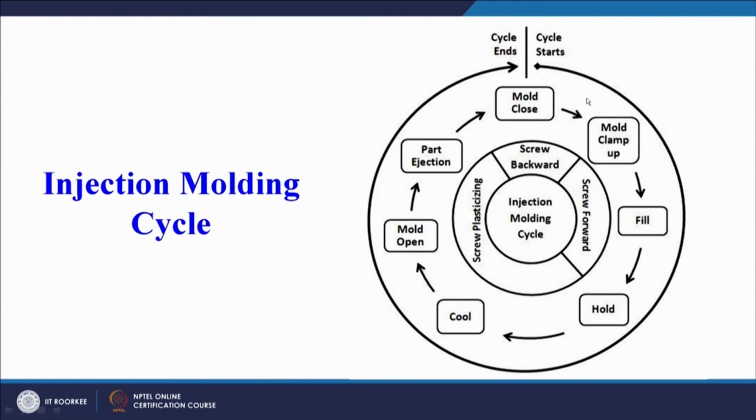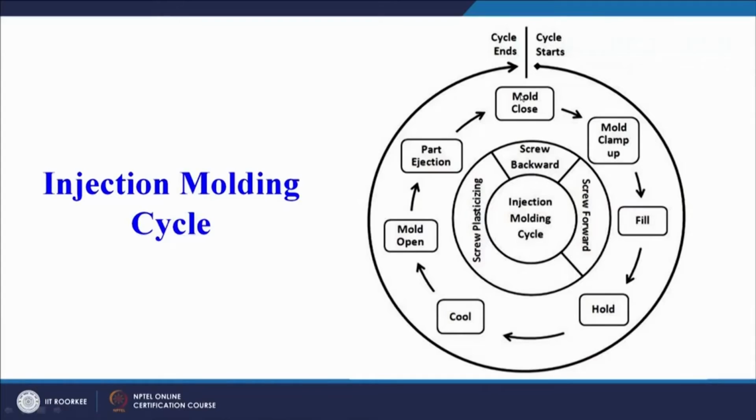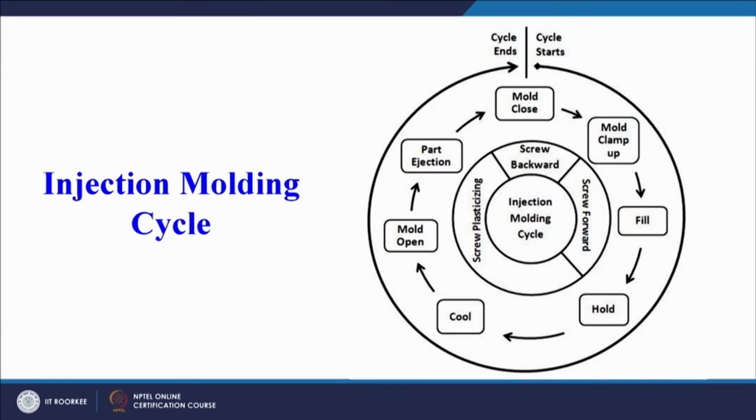Now this is a standard injection molding cycle, just introduced to revise the concept of injection molding. On your screen you can see the cycle starts here, the mold closes. As soon as the mold closes, the cavity, which is the exact replica of our product, is formed inside the mold. So the mold closes, the cavity is now inside the mold, and clamp up, so pressure is applied to keep the mold halves clamped. Then we have to fill the mold with the raw material.